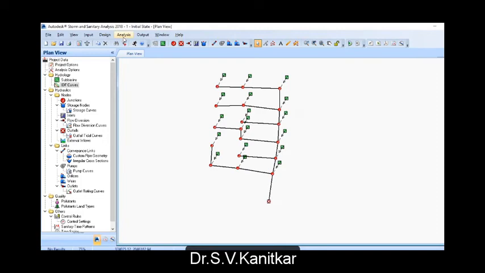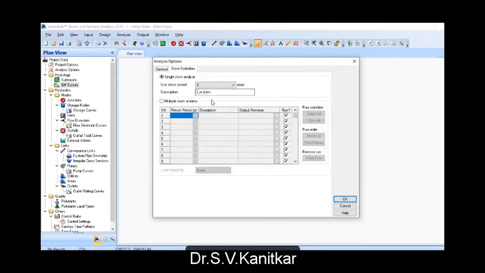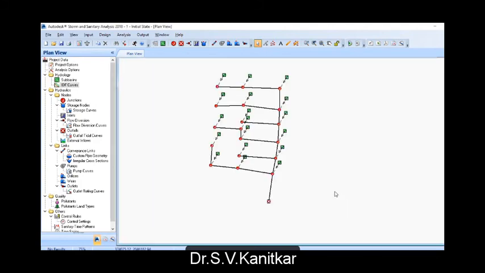Now when you design in Storm and Sanitary Analysis, one of the simulation options, which is a very powerful option, helps you to understand where the flooding has taken place, which pipes need to be modified, whether the design is optimal. So a number of solutions are generated, and based on that you can have your own optimal solution. Now let us just analyze this, so that will be the last part. So you can decide the return period, say a 2-year return period.